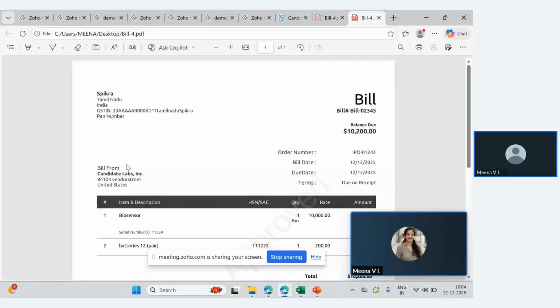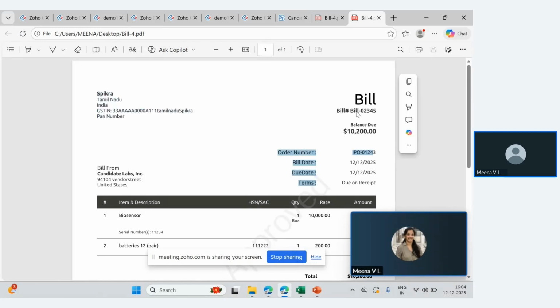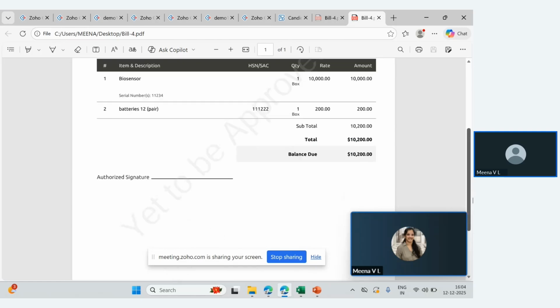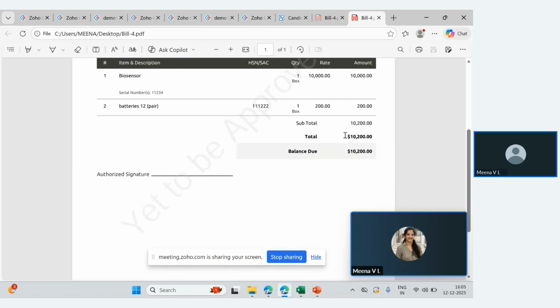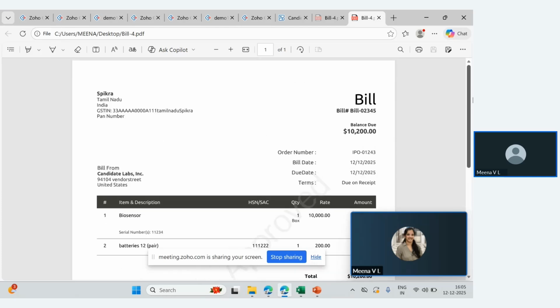Okay, this is a sample bill that I have taken for myself. So here, if you could see, you have the vendor name, you have the bill number, what is the order number against which you have got this bill, what is the bill date, what is the due date, and the terms. And then you are billing it to my company. Okay, I'm the customer, so you are giving me the bill, so this would be my company's name. And then what are all the items and the respective amounts at line item level, and then what is the total amount, right? So these are the fields that are available in the bill.